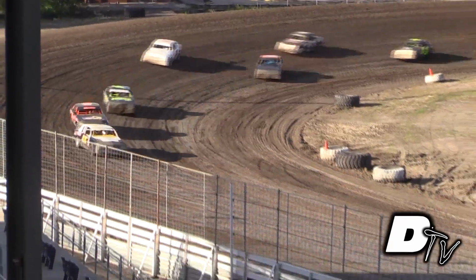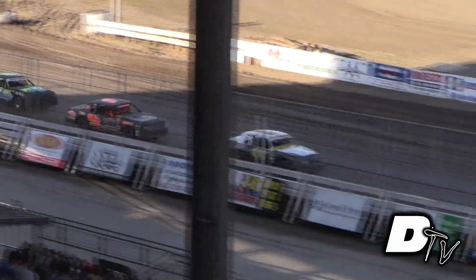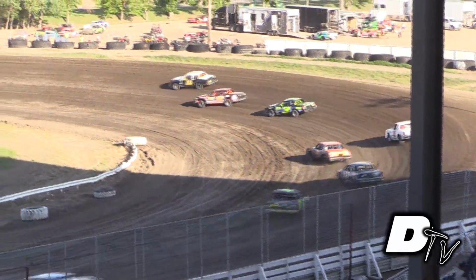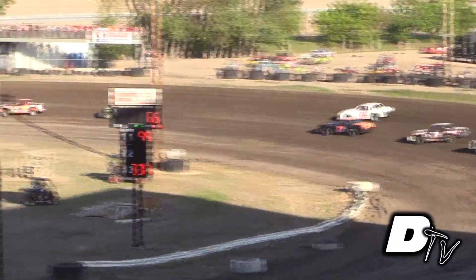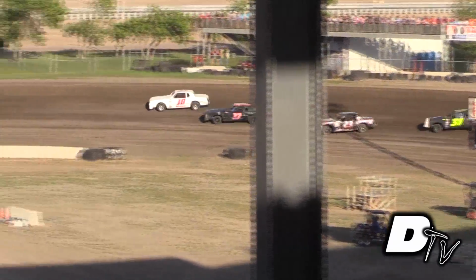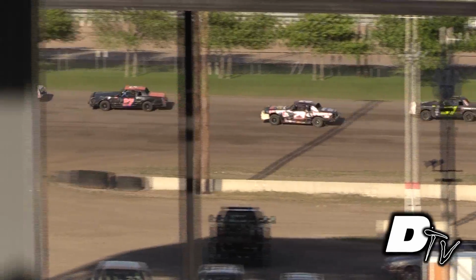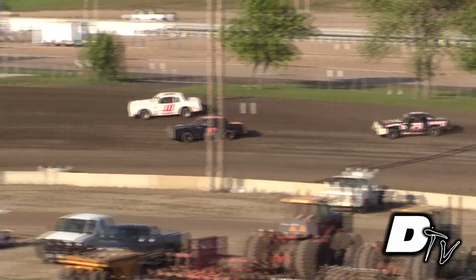Out of the corner they come. And for now, Scott Jern still out front with 6 laps to go. Jern, Brandt, Tomlinson, 1, 2, and 3. Battle for that number 4 spot. Norris trying to hold off the number 37 of Remington Kostenko, but here we go for the first place spot,